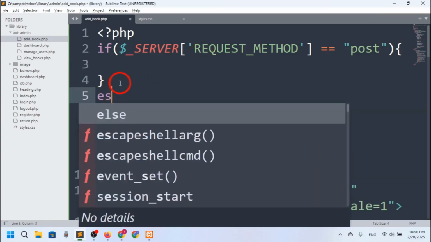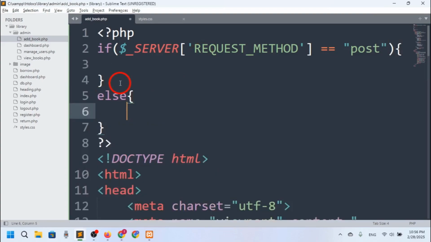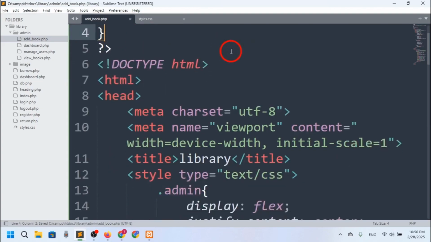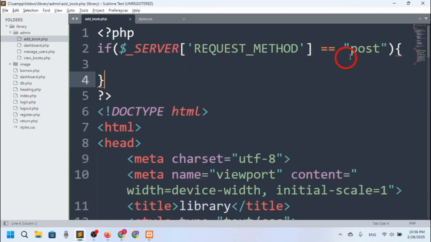Otherwise, I will show the error because there will be error, right? So okay, no. There will be no else here. So here you can see we have if condition. So we'll check that if the request method is post, so we'll actually enter the